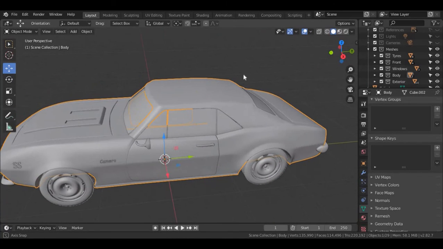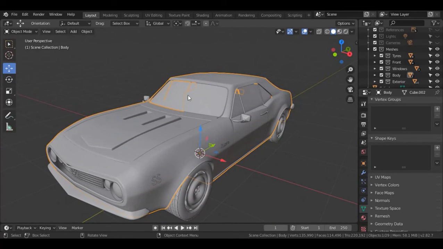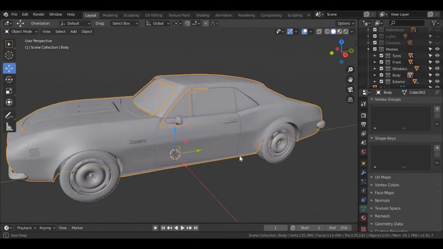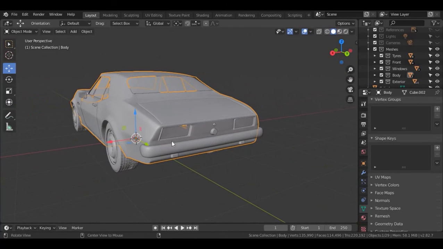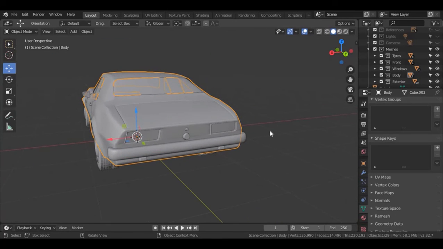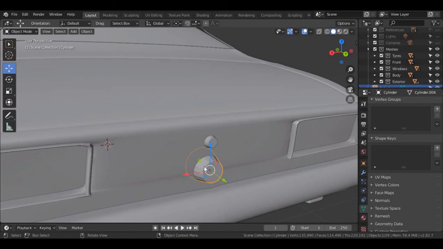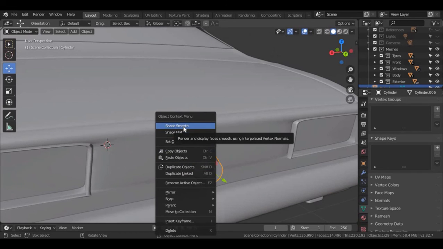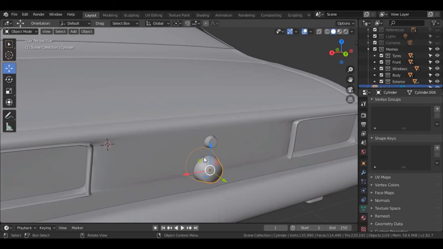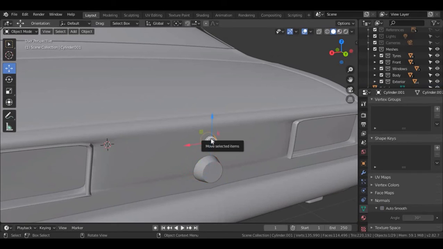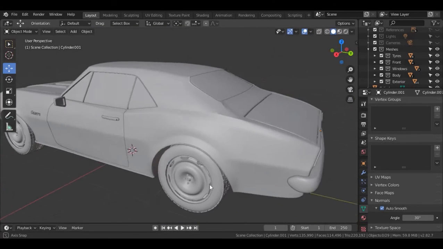all the glasses, back glasses, the windshield, the wheels, the bumpers, and okay, I'll need to do it for this too. Just right click, shade smooth. See how it looks weird. So if I hit on normal, select auto smooth, you can see everywhere else is smooth but the sharp edges. So I'll do the same for this, shade smooth, auto smooth, and